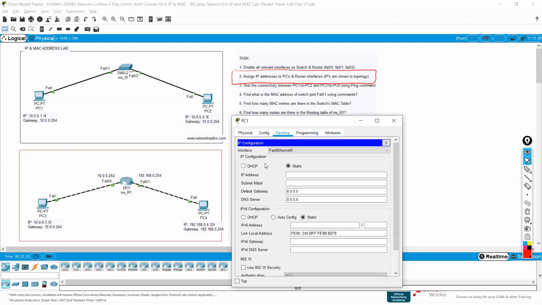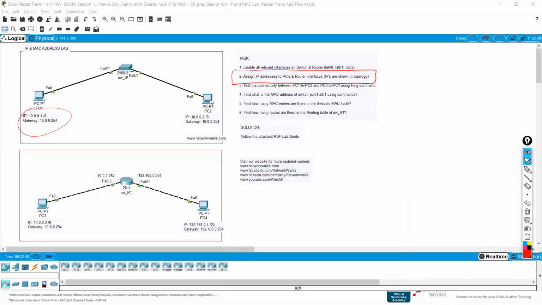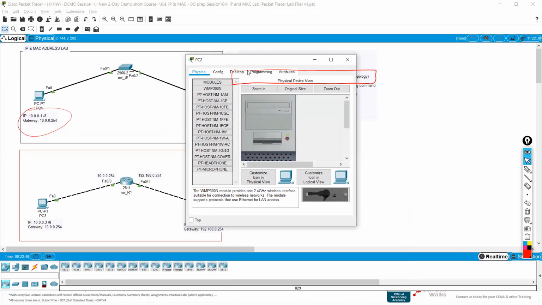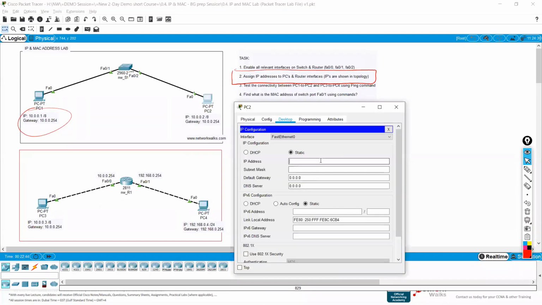Okay, click on IP configuration. What is the IP address? Of course, it is written here. So we will give it an IP address, which is 10.0.0.1 and 10.0.0.254. Finish. Go to computer number 2. I am doing this a little quickly because we did all of this yesterday already. Anybody who missed that, please watch the recording which is in your group.